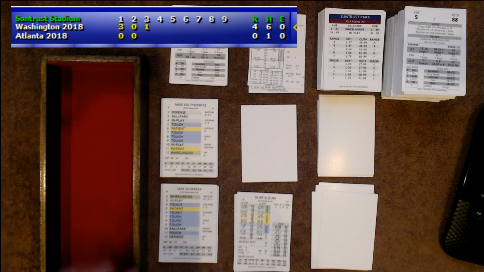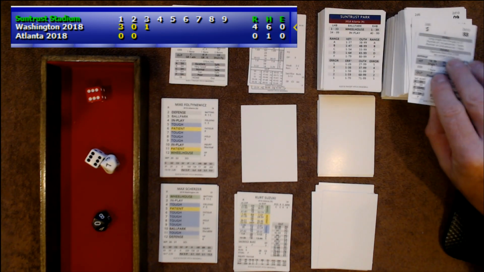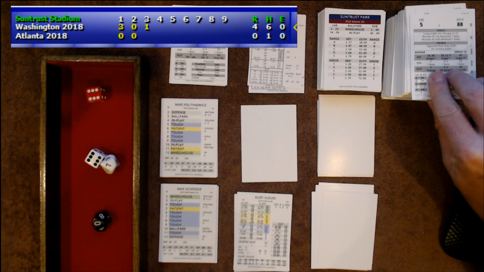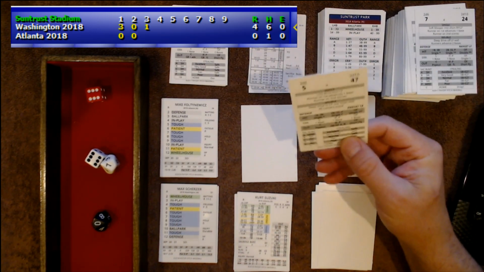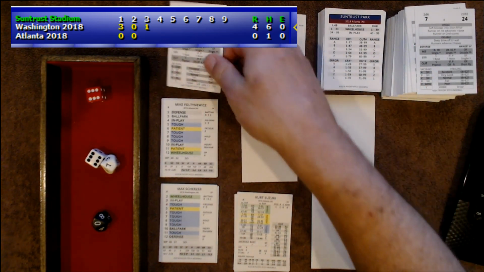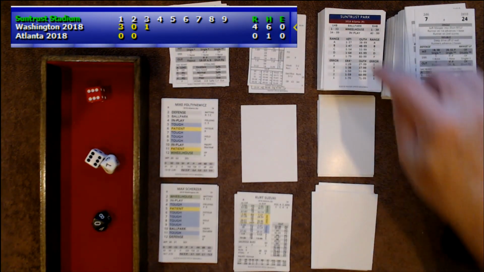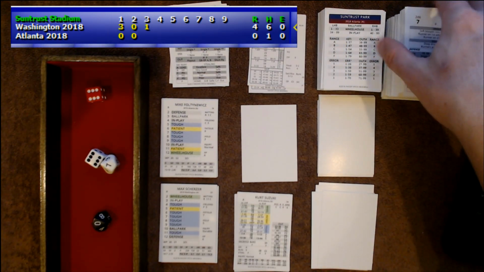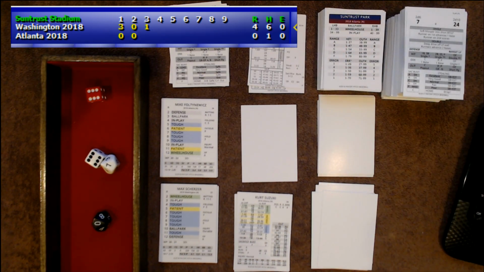4-0 Nats. 12 defensive check. We're going to look at the defense here. And it's either going to be a hit or an error. It's an error on the first baseman because it's a 0-7. You can see no matter what the rating is, it's not going to matter. So Suzuki's going to reach on an error. I need to actually click on that one. Oops, hang on a second. Yes, I want to undo that. He's going to reach first base on an error.